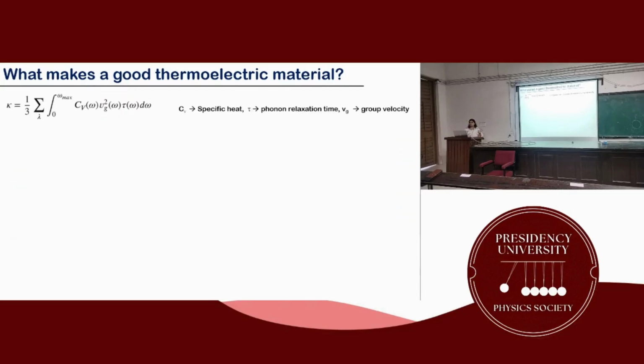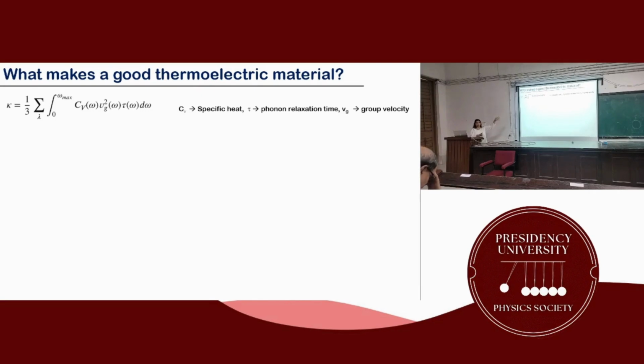Now, this goes about the S and sigma, this part. And now we come to lattice thermal conductivity. Now, if you remember that plot where S is going down and sigma is going up, that metal-semiconductor plot, our sweet spot was a heavily doped semiconductor, or a carrier concentration range of 10^19 to 10^20 per cubic centimeter, right? In that range, we will have our electronic thermal conductivity much lower. So the only thing that we can tune is our lattice thermal conductivity, which we can define as this, where